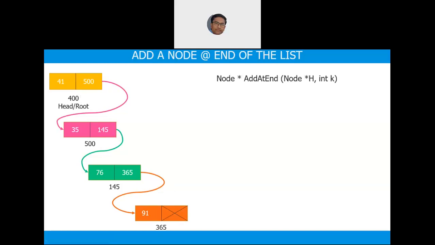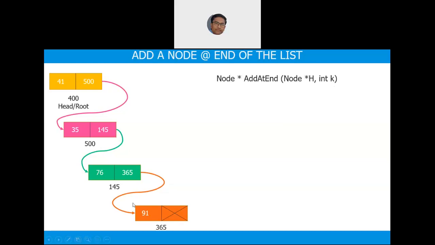Can somebody acknowledge? Yes, sir. Okay, so in this diagram, the root node is 400. That is for my understanding. Now my function prototype is node star add at the end. I'll pass the head node and I'll pass the value with which it has to be added, that is k.